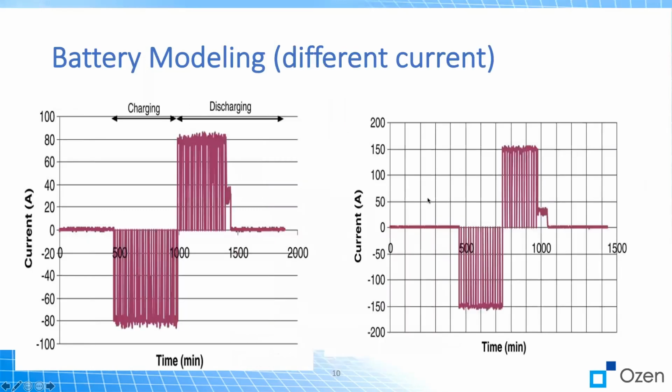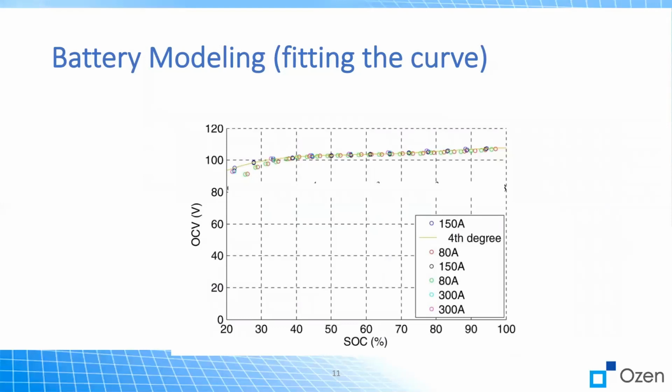Same thing was applied with 150 amp. That is what you see, 150 here, whereas 80 here. And again, same here, it was discharged at 30 amp, it's discharged here at 30 amp too, and then the resistor is connected to it. This test was done at different amps, and the terminal voltage and OCV were